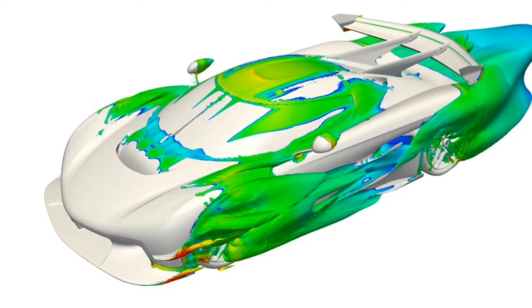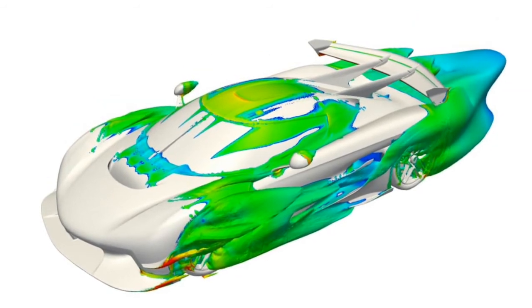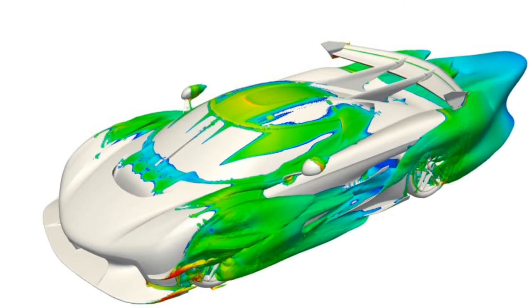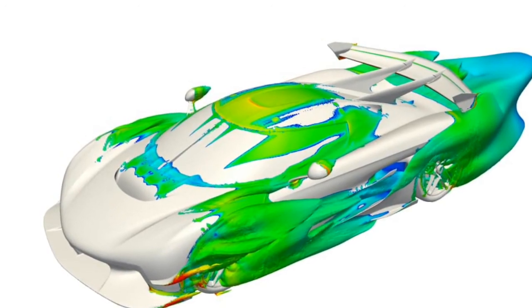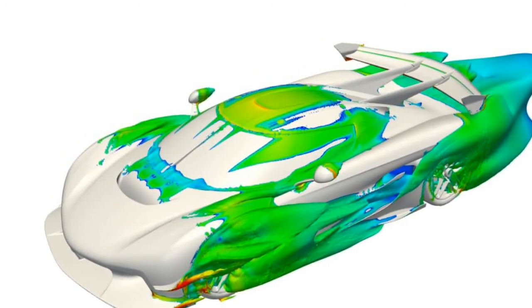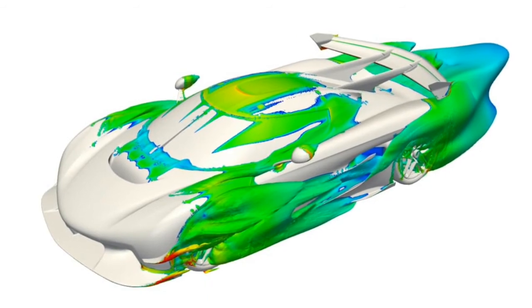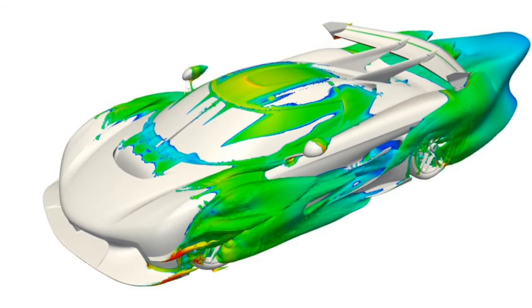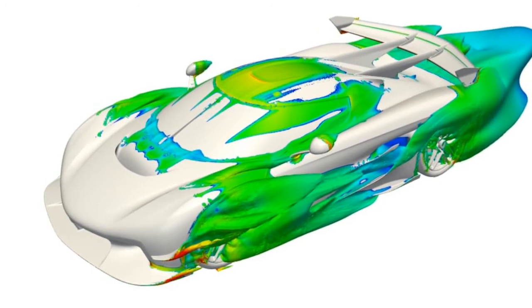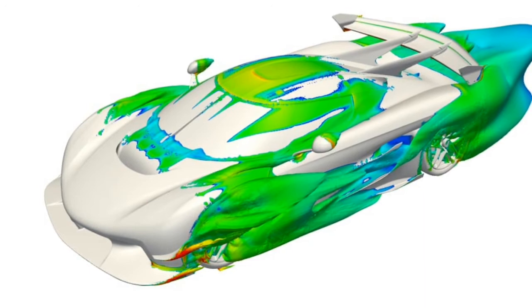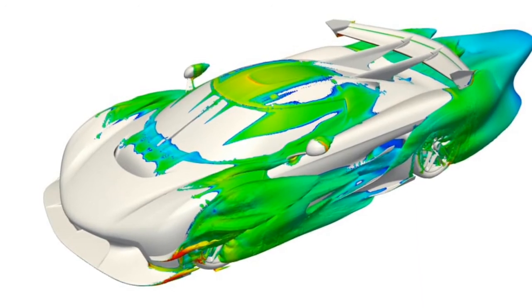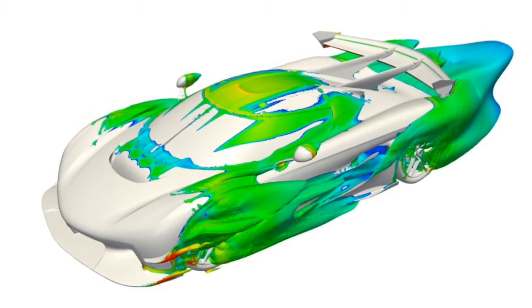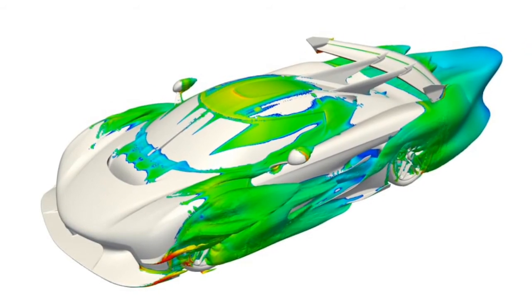So a net force will be created in the direction the vehicle will tend to move. So it will create more drag. If the low pressure region is created at the rear side of the vehicle, and the pressure in front of the vehicle is high, the net force will be in a direction opposite to the vehicle motion. So the vehicle will tend to move backward, so the vehicle needs more power to propel forward.